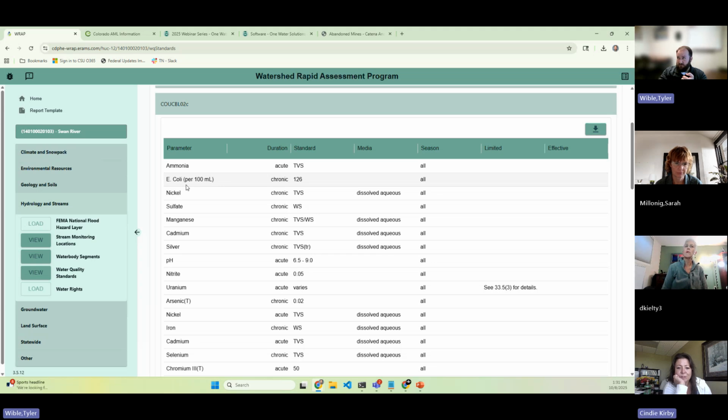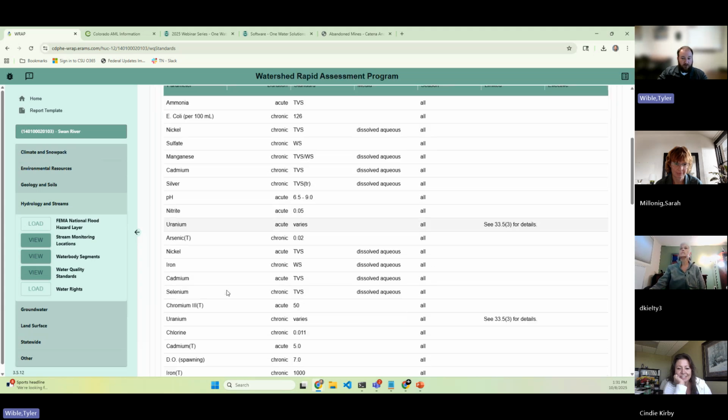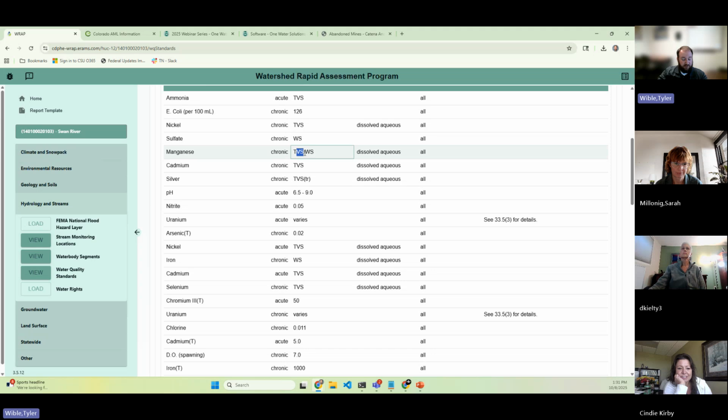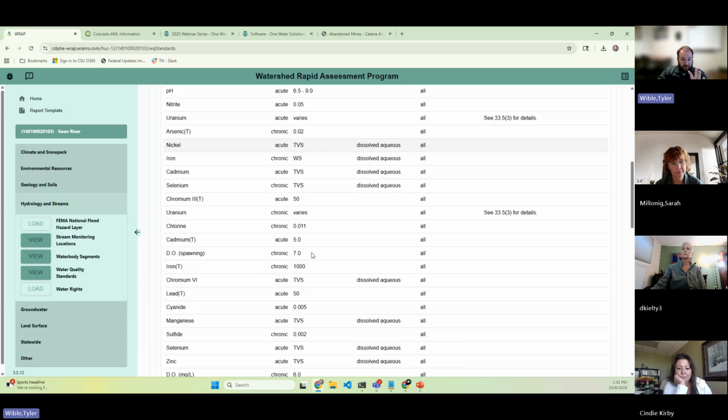I forget the exact units on that one. But yeah, these are the actual numbers that belong to them. Some of them are table value standards, which means it's an equation hard coded behind the scenes. You've got to go look up that's based on hardness or pH or temperature or something like that. But these are the published standards that are in Reg